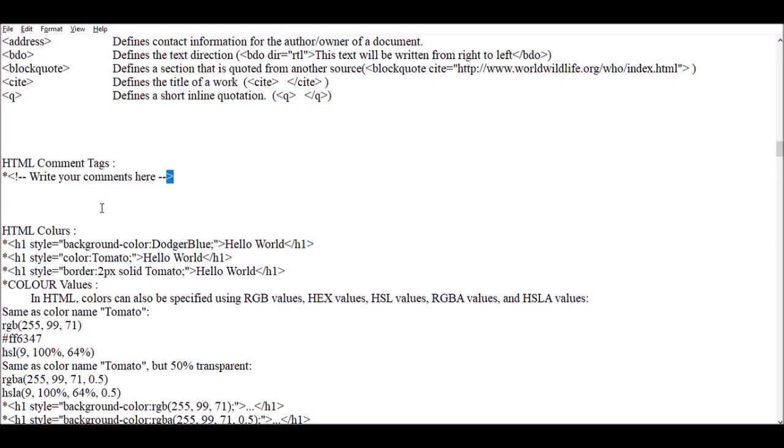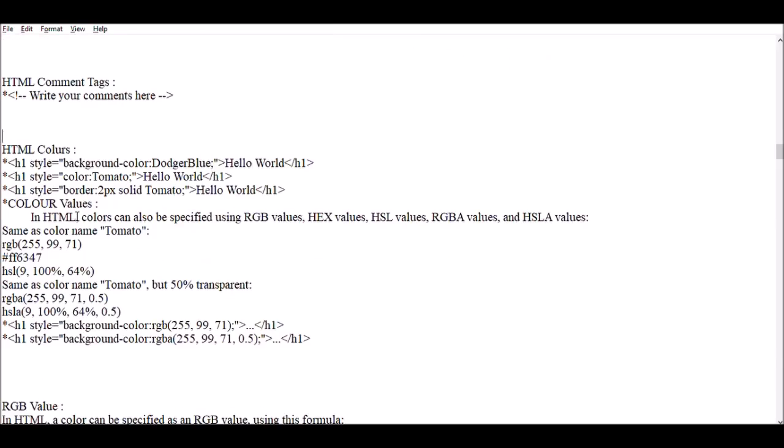Fine. Now, if you want to set the color in HTML by different values or by different transparency, then you should move to some advanced level of HTML colors. Here there is a heading h1 with style background color dodger blue, and the text hello world.